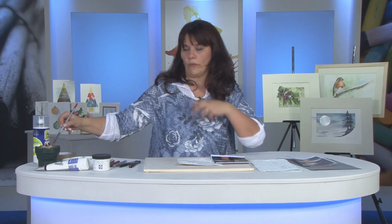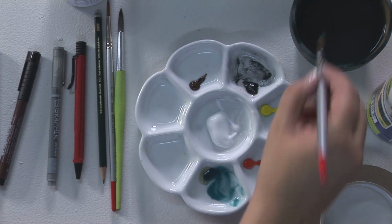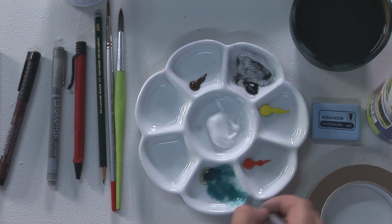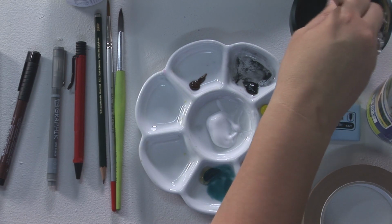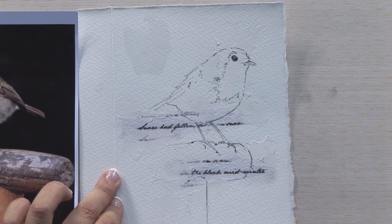So I thought I'd go for some nice cold colours, because I want the warmth of his chest to stand out. So I'm going to use Daniel Smith's Cobalt Turquoise, one of my favourite colours. So I'm mixing that up into a nice puddle, ready to go, and then treat it exactly like a watercolour. So some water around the edge, because we're going to paint it like a vignette, so we're painting with soft